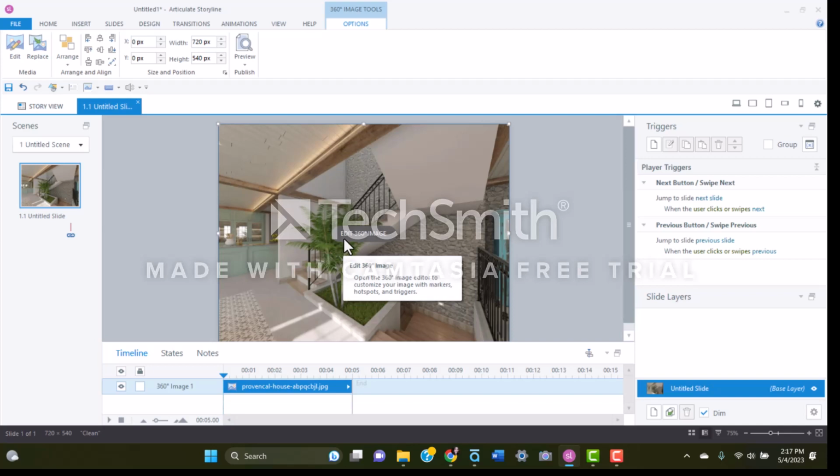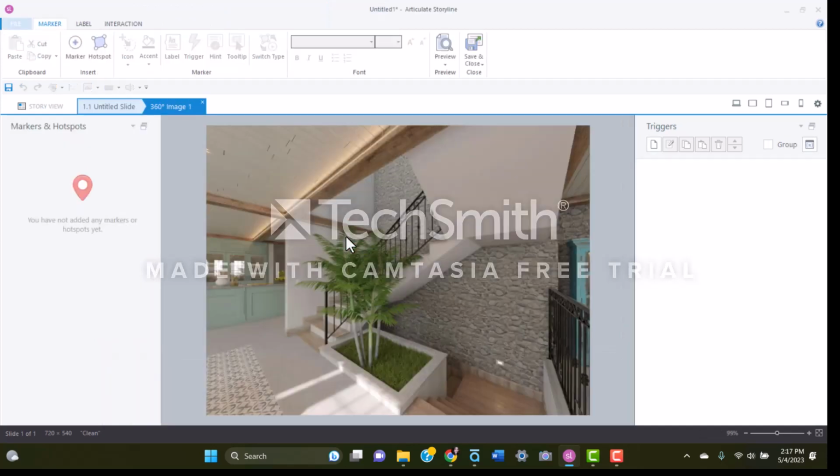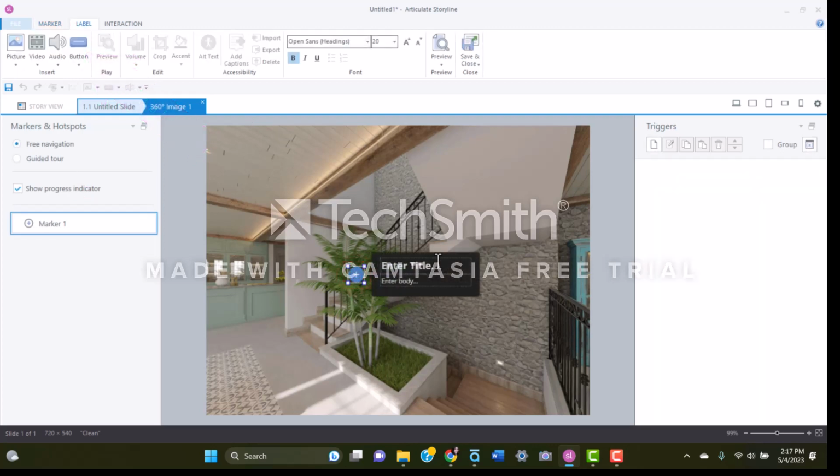Now you're going to click on the Edit 360 Image button in the center of your image, and it will provide you with some more options on what you can do with it. For example, you can add a marker and then give it a title and a description if you want.